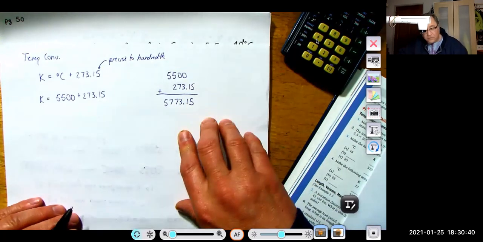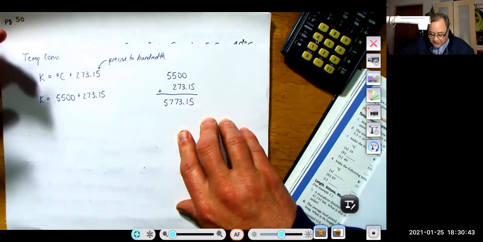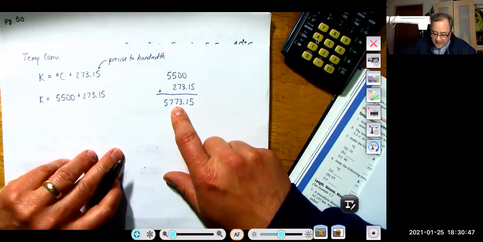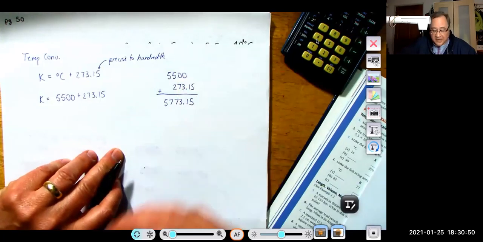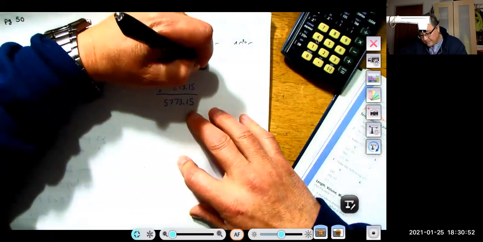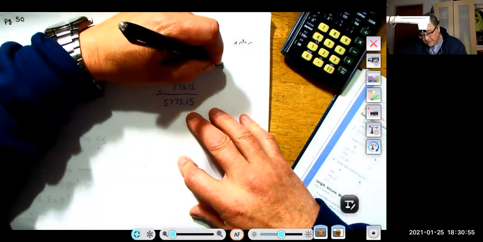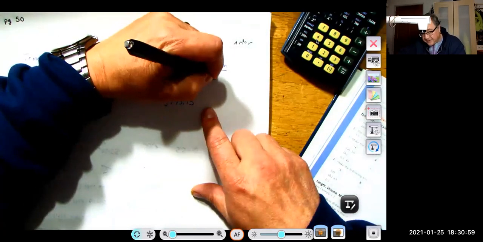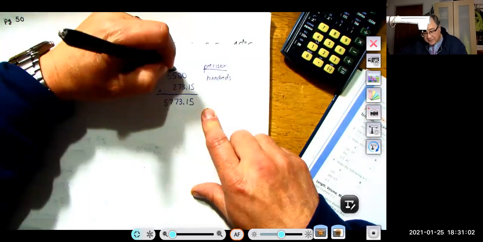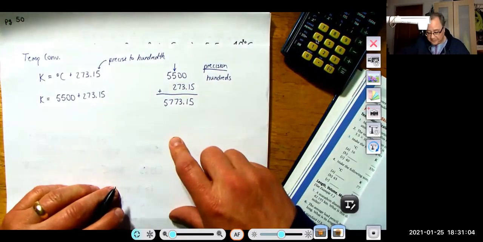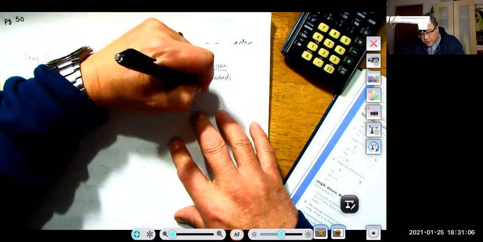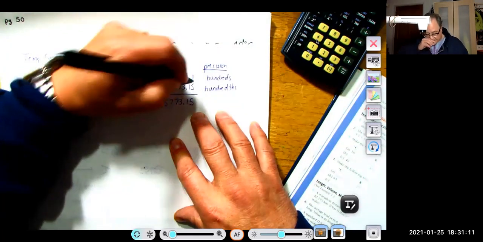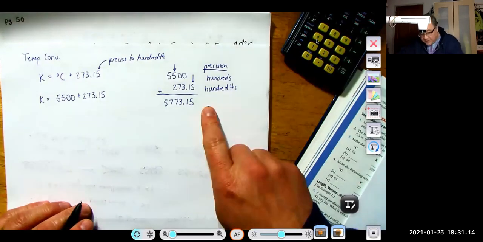Now, the rule for addition and subtraction is that the precision of the answer is the same precision as the beginning number that's the least precise. So the precision of this number is good to the hundreds. That's right here because those zeros don't count. And this is good to the hundredths, which is right here. So I need to round